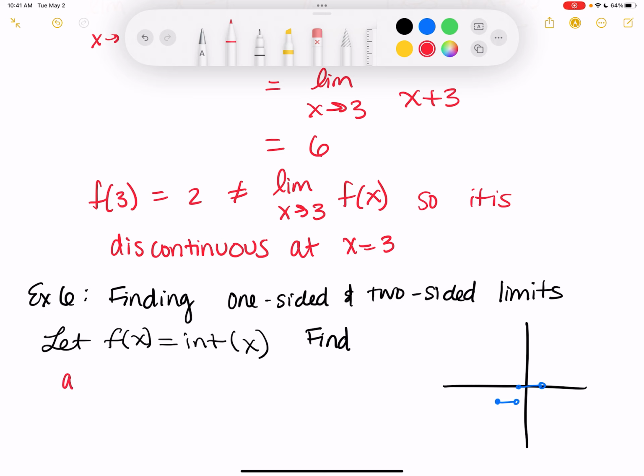Now it'd be easier if we had the graph in front of us, so I'll put the graph up in just a second. This is what would be given to you. It's asking you in 3 parts, but I'm going to write them all and then we'll solve them all at the same time. The limit as x approaches 3 from the left of int of x